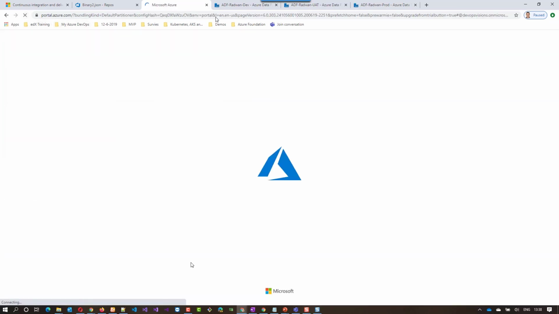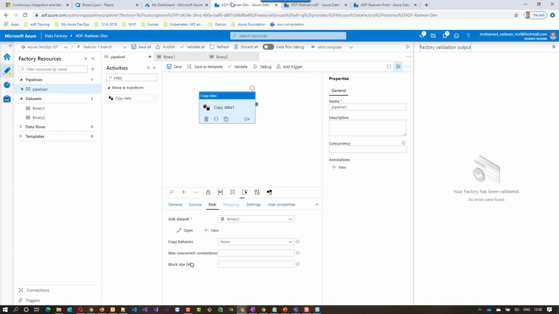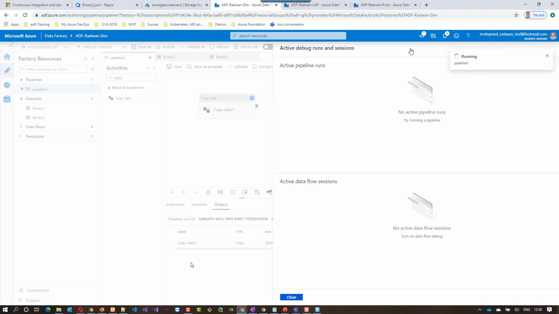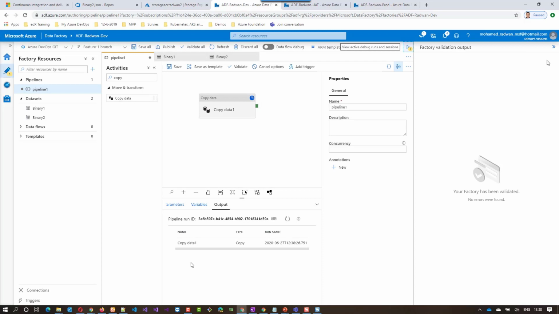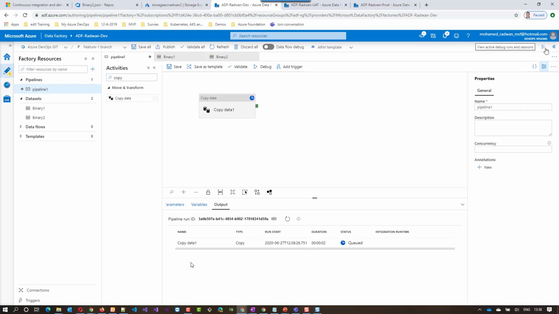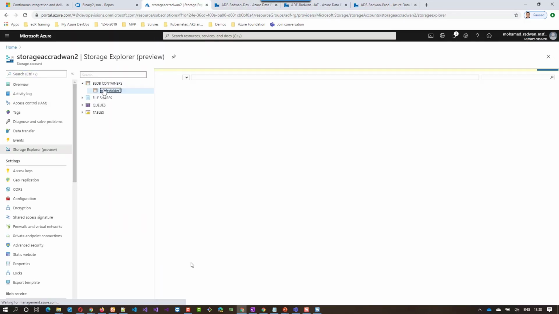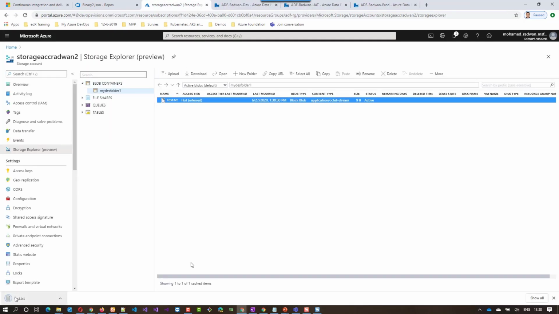If I go now and refresh, it's not included. So if I now click debug, this will execute the pipeline, which will copy the file from the source to the destination. Just give it time until it completes. Now it succeeded. So if I get back here, I can see the file copied, including the data. So let's delete the file,